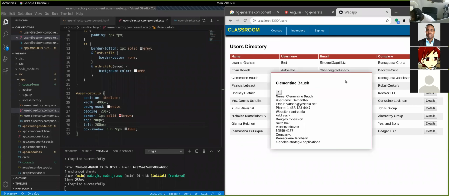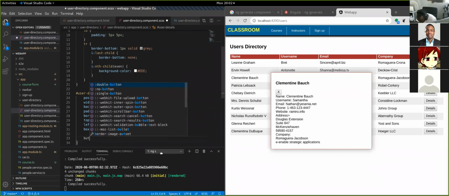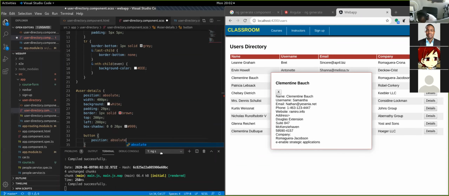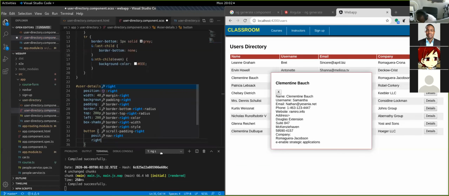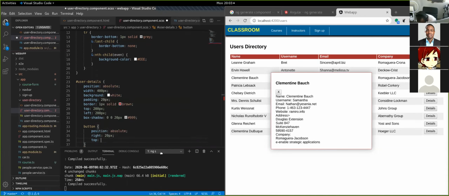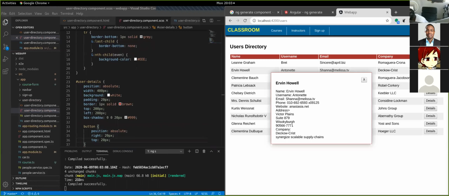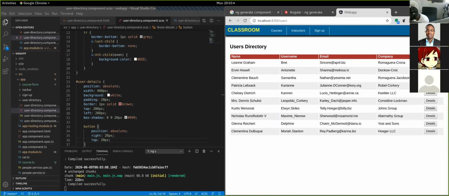Like this, if you want this button here to be on the right, we can actually also position it absolute. So if we come here to the button, and we say position absolute, right? And then we set the right. In this case, we are calculating the position from the right, right? And we say 20 pixels on top, 20 pixel. All right, there, position that there. See that? So now you can close that. We've essentially created a modal,